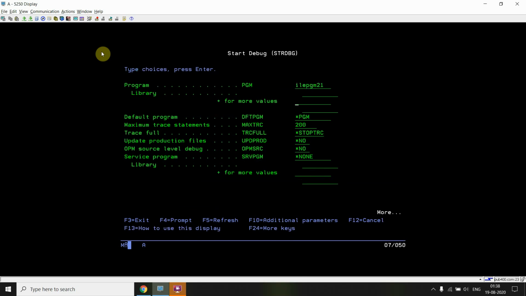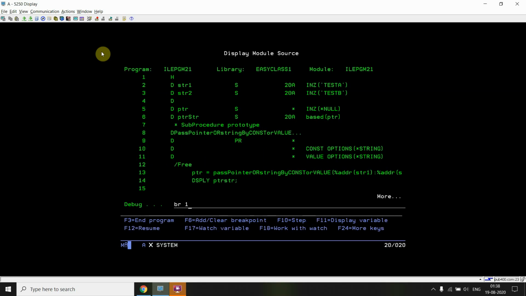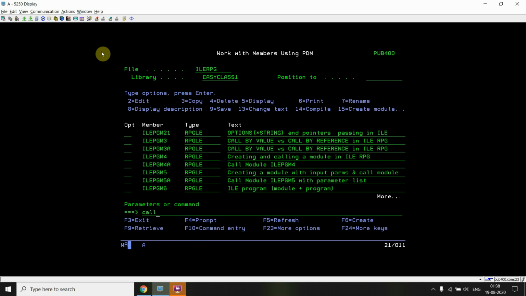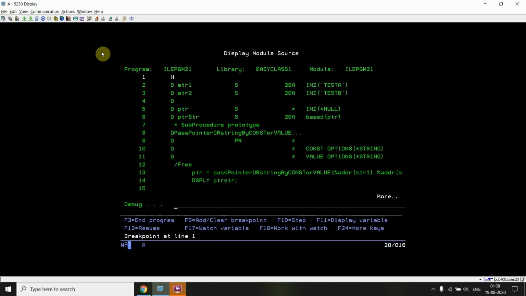ILE PGM 21. Set the breakpoint at line number 1 and call the program.